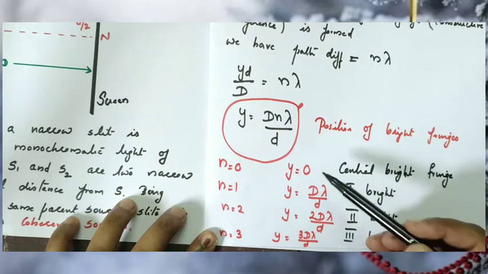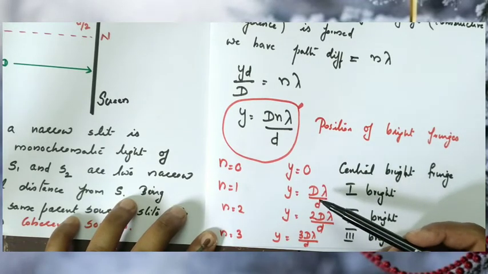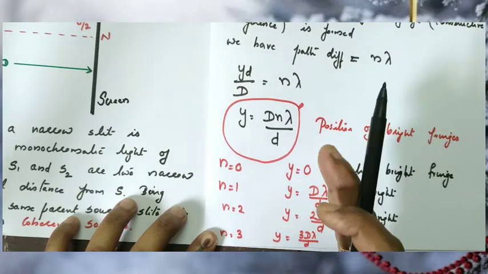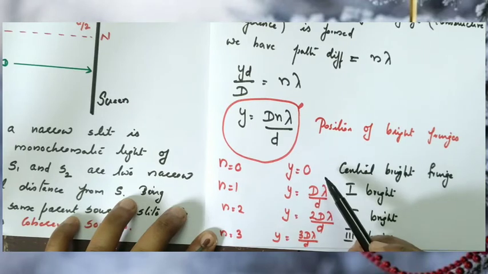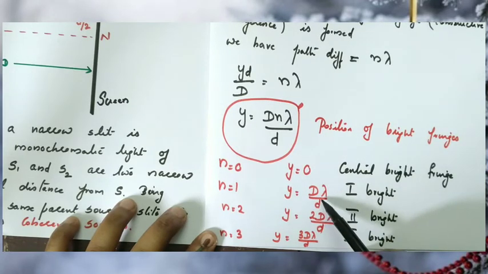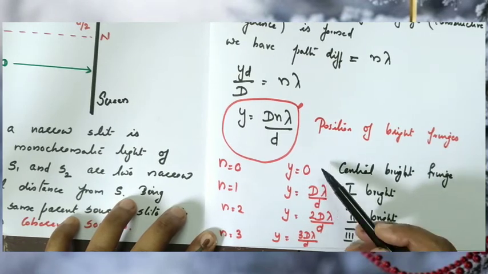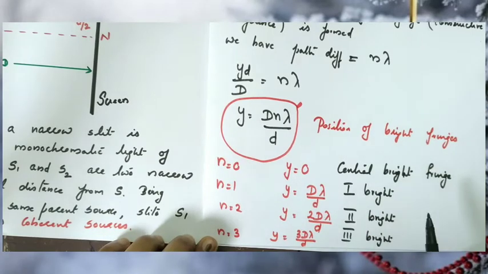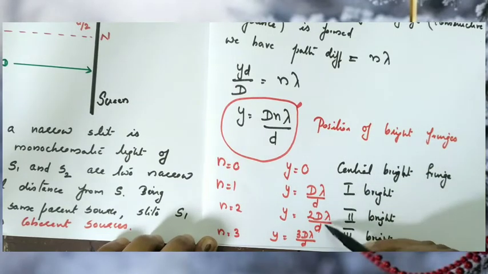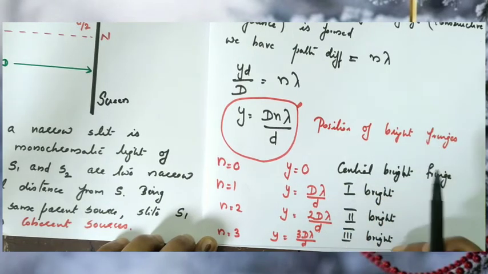So this is the position of the central bright fringe, this is the position of the first bright fringe and so on. So what is there in between two bright fringes? There is a dark fringe. So we know the interference pattern means alternate bright band and dark band. So between two bright fringes there is a dark band. At this position a bright fringe is formed, at this position a bright fringe is formed, means between these two there is a dark fringe, and the difference is the width of the dark fringe or dark band. Between the second bright and the first bright, there is a dark band. If you subtract these two values, we will get the width of the dark band.